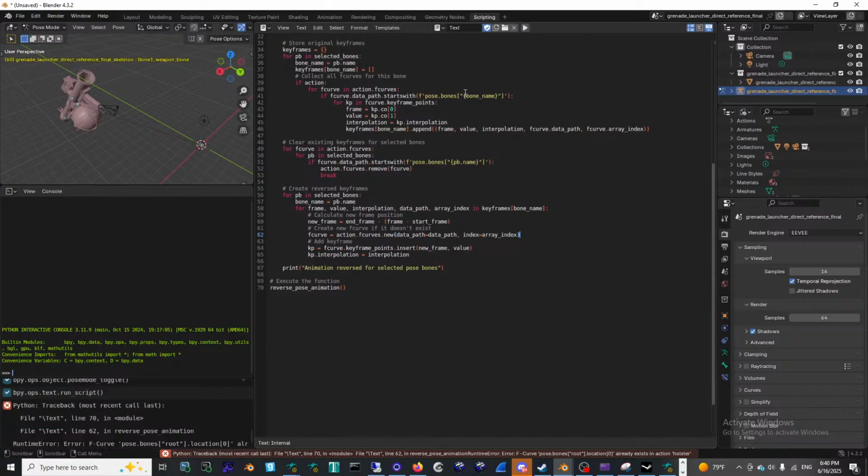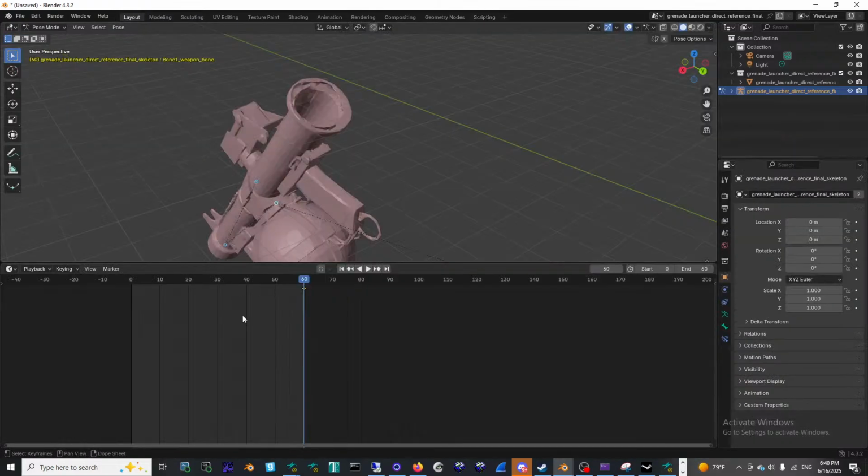Alright, something went wrong. Error, pose pbones, root, dot location, something went wrong. We messed it up. Let's see what happened. Did it delete everything? Yeah. So that's okay. It's not okay, but it is okay. Because the idea I got now, just undo. Okay, so we could take the 60,